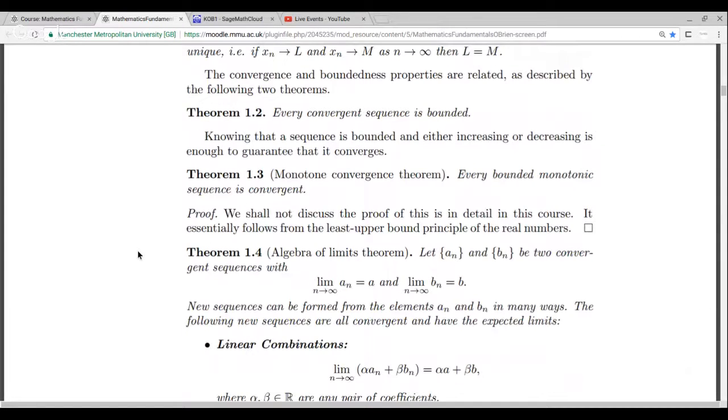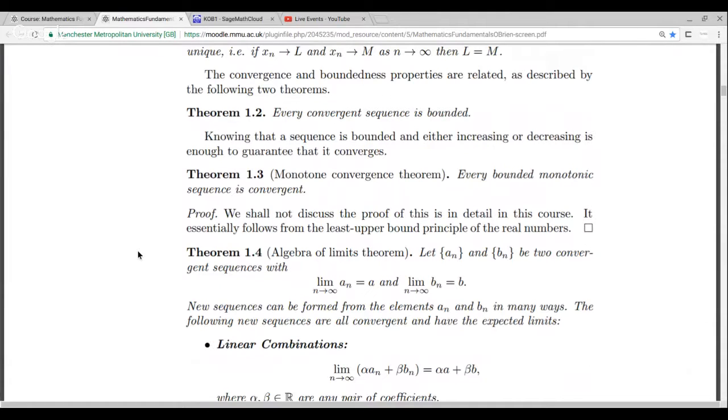The monotone convergence theorem is quite a useful theorem in real analysis when you're analyzing the behavior of sequences and series, when we come to look at series. It says that if you know your sequence is an increasing one or a decreasing one, so it's not bouncing around all over the place, if it has some consistent behavior, and if you also know that it's bounded, so it isn't just zooming off to infinity, getting larger and larger without any upper bound.